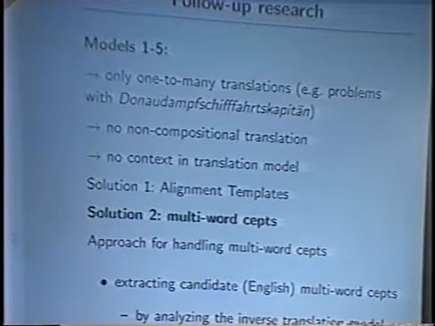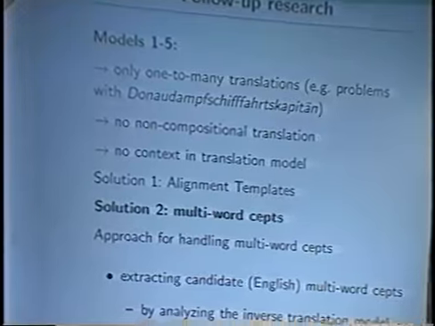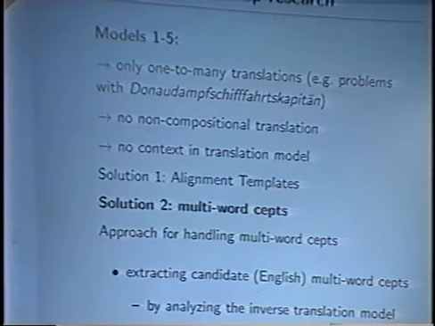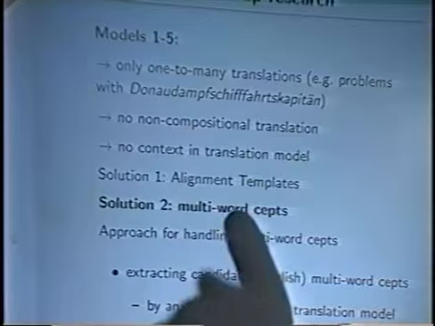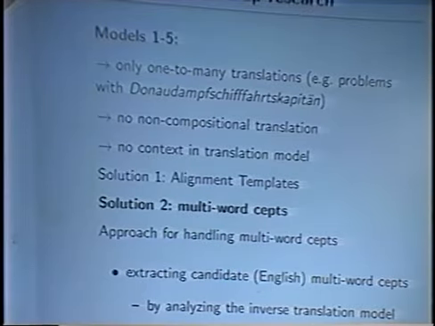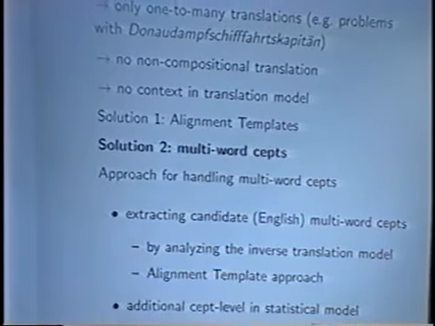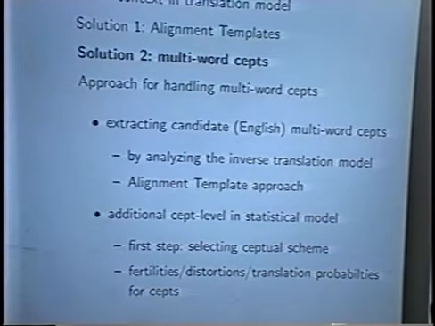And one possibility to do this is the system I developed, the alignment template system. But I think this system has a disadvantage that it's based on IBM Model 2 or some very simple alignment models. It does not include fertilities, and it includes a lot of heuristics which make it impossible, for example, to calculate the cross entropy. So another solution to integrate phrases in the translation would be to follow the idea suggested in section 6.3 of the IBM paper to model multi-word septs in English.